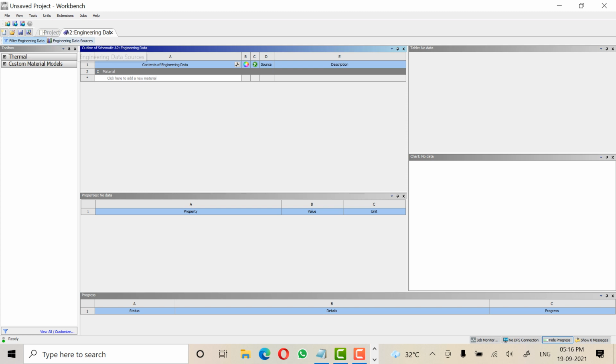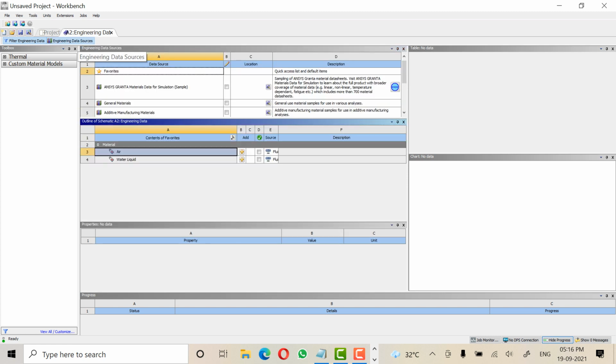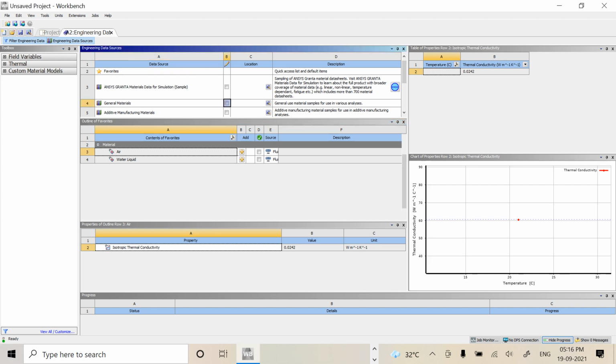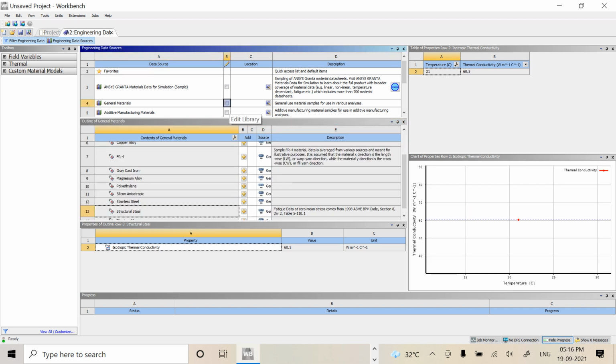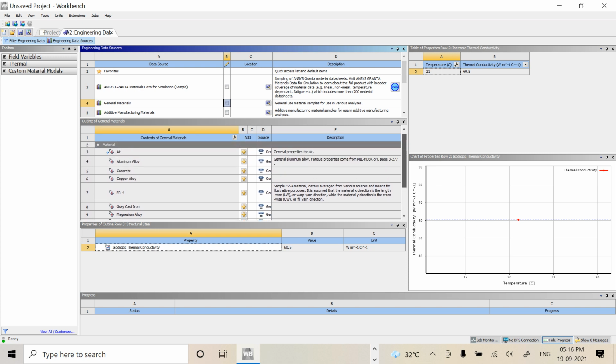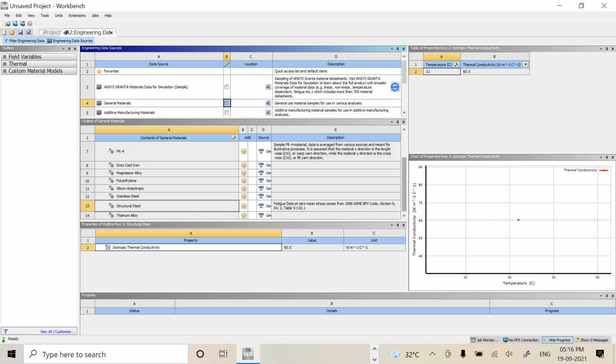Here we have to click on engineering data sources. We are going to tick mark the general materials. Here we have to select the material. We can select aluminum alloy, or it can be stainless steel or structural steel. I am going to click on aluminum alloy.